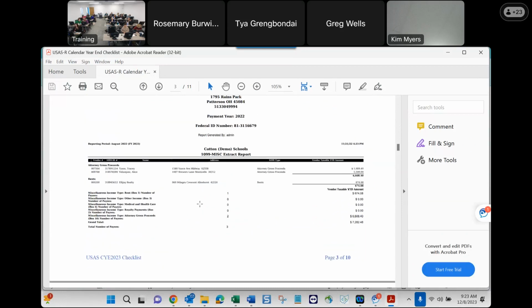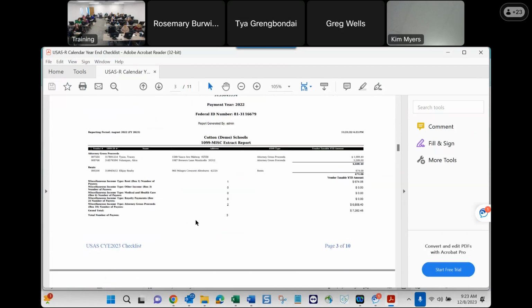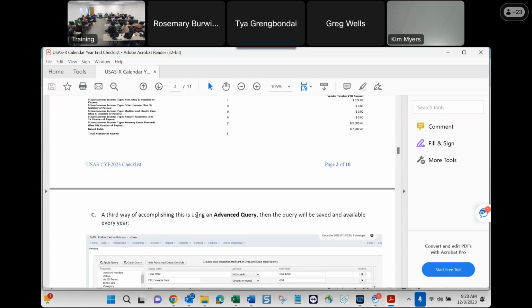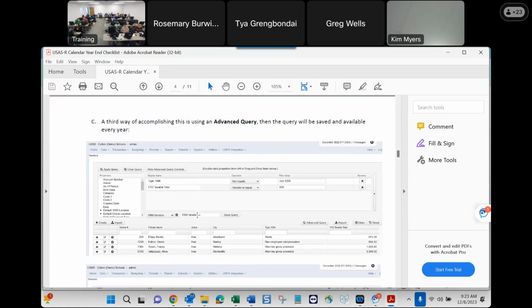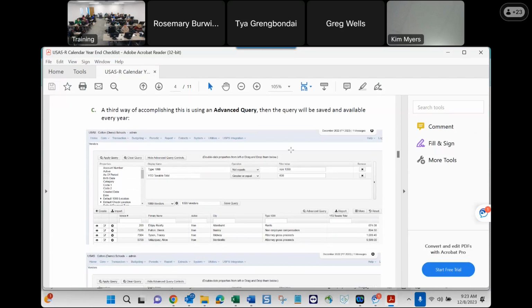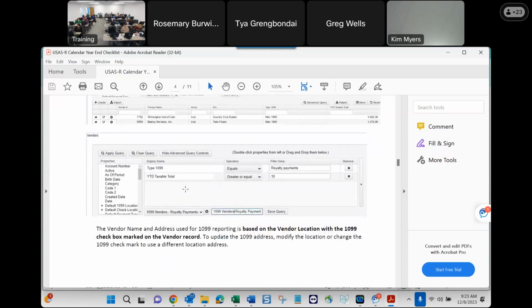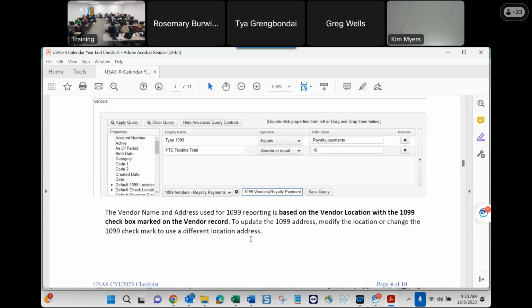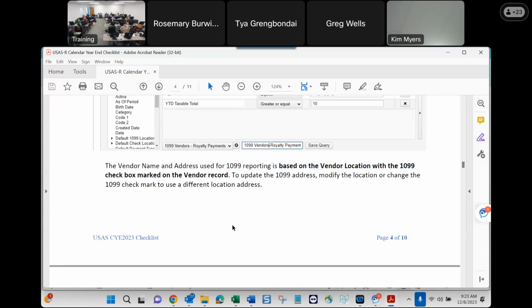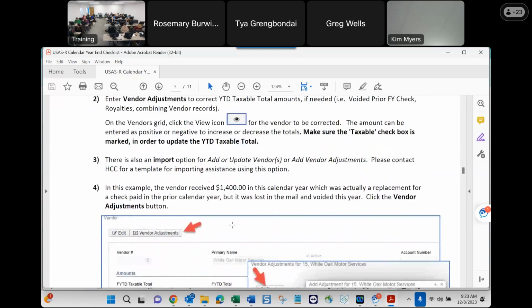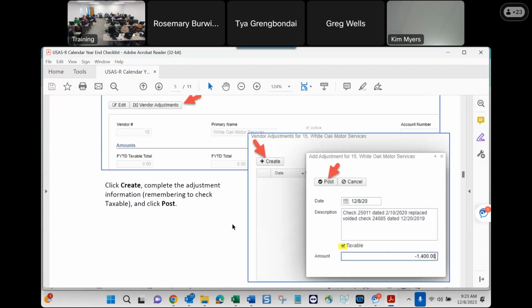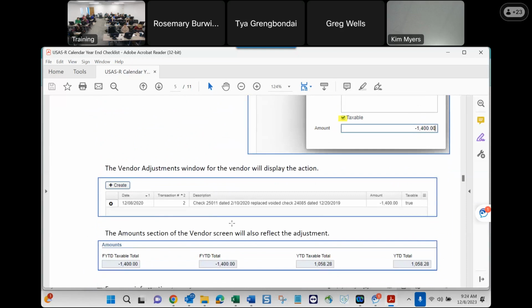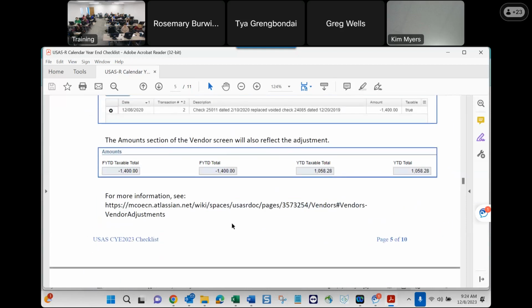All right, so here's an example of the MISC file that generates for the 1099 report. Again, the advanced query is my favorite way to go for this, but you can use the periodic report, but that will be fixed soon. Here's the vendor adjustment example, which we went through on the screen. And for this year,